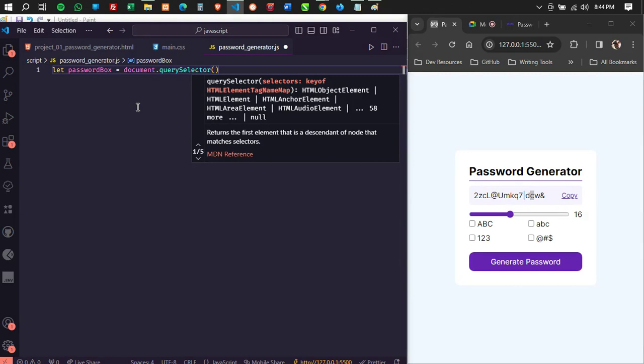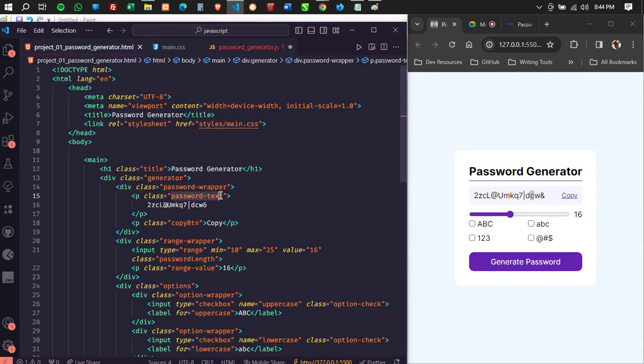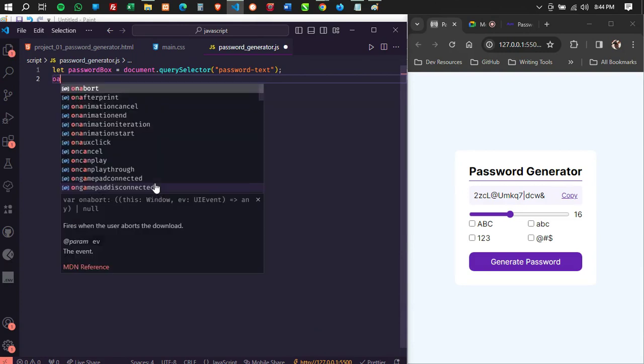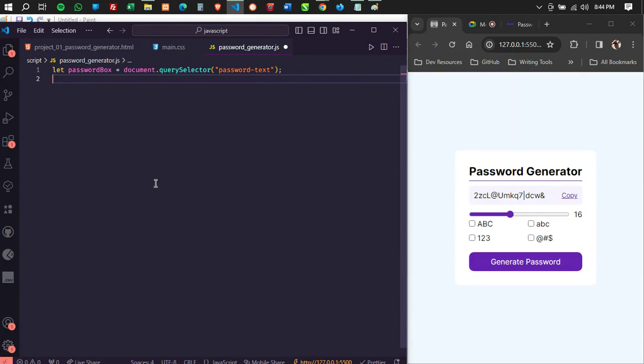Password box dot query selector. That is going to be dot password text. Sorry, they're supposed to be in string. Password text. All right. So that I can now say that password box dot inner HTML equals this, and then